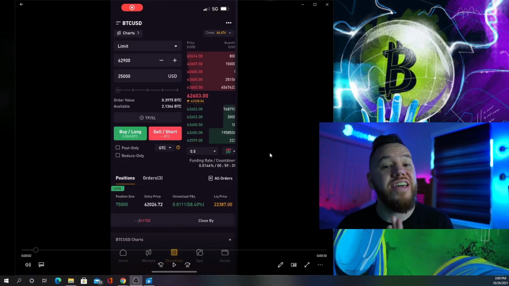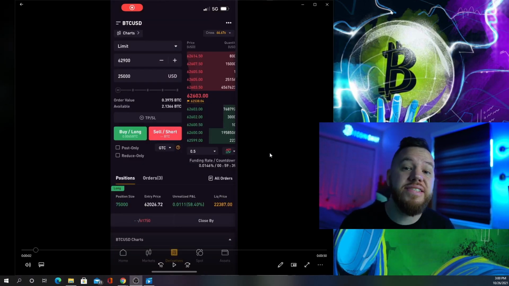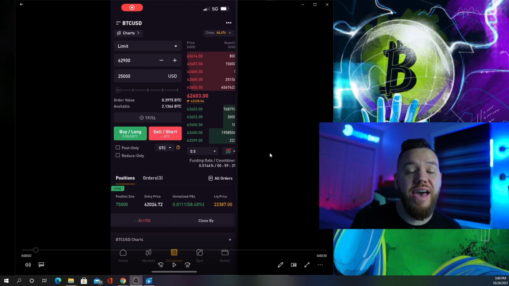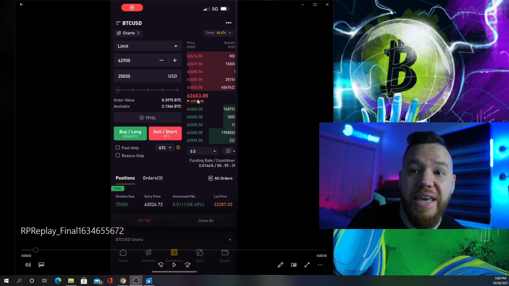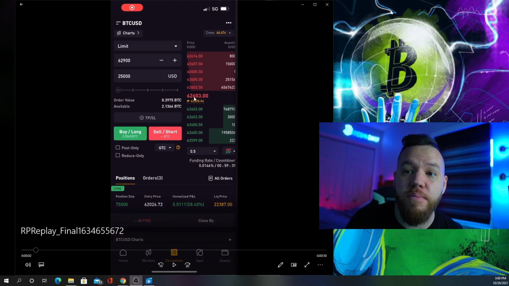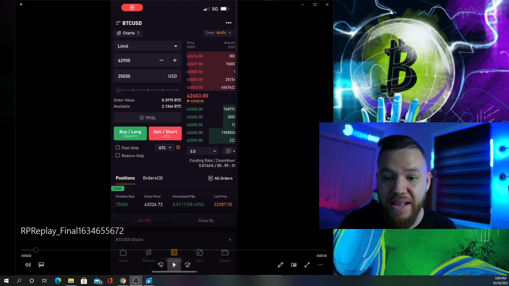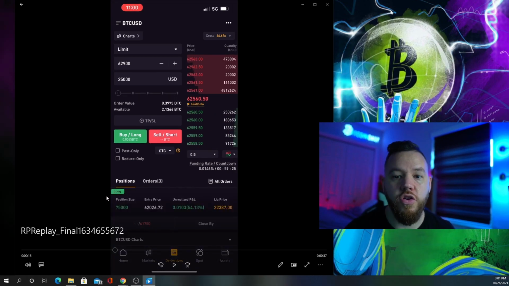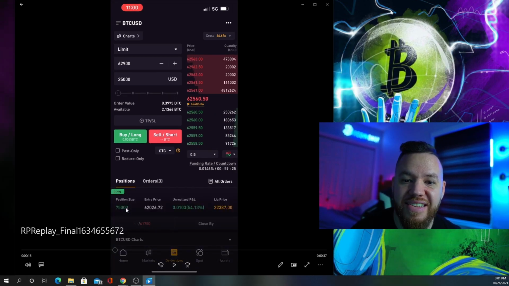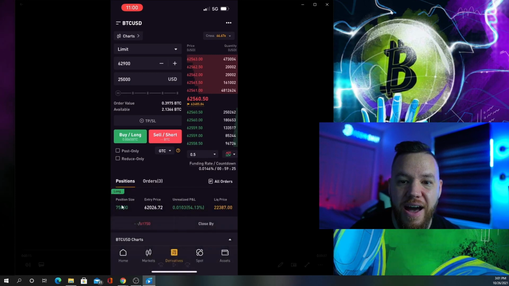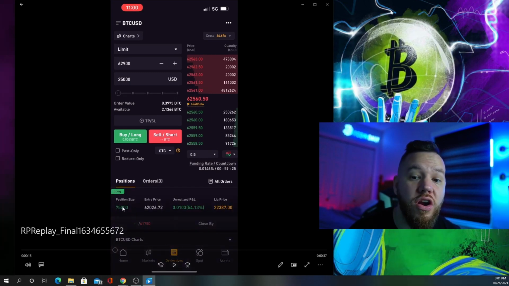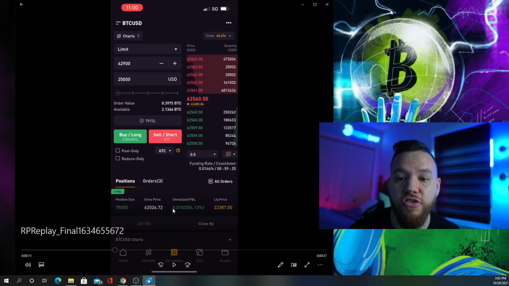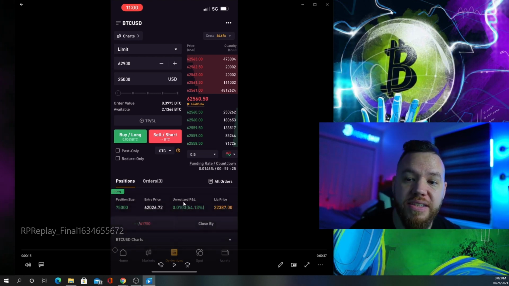All right, so now you're in the trade. You've set up your stop loss and your 3 different spots to take profit. And guess what? We hit our first area to take profit. We're above that, as you guys can see. So our take profit has already hit. So you'll notice now our position size is down to 75,000. Remember, we started with 100,000. So we're currently up 54% on our trade, and our unrealized profit is